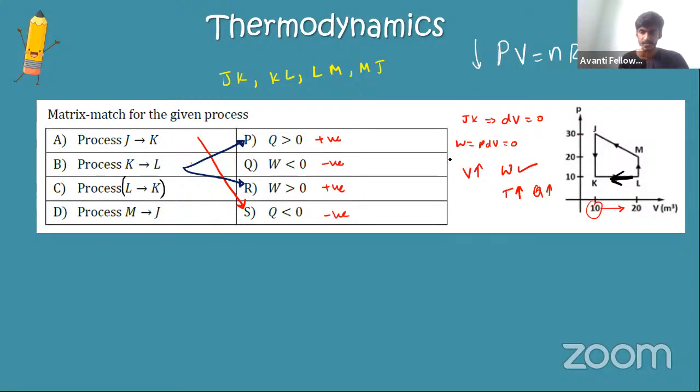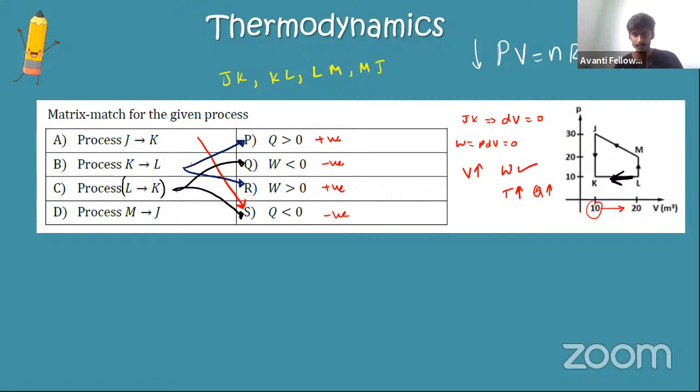That's correct. So there is a decrease in volume. जब decrease in volume होगा, what will happen? Work done will be negative. Okay. Yes. Good, Prakash. So work done is negative for L to K, and volume also decreases, and due to decrease in volume, temperature also decreases. Therefore, heat also decreases. Okay. As simple as that. So this is how you map, and this is how you need to understand. There'll be many such questions you'll be getting, and you should try to understand.